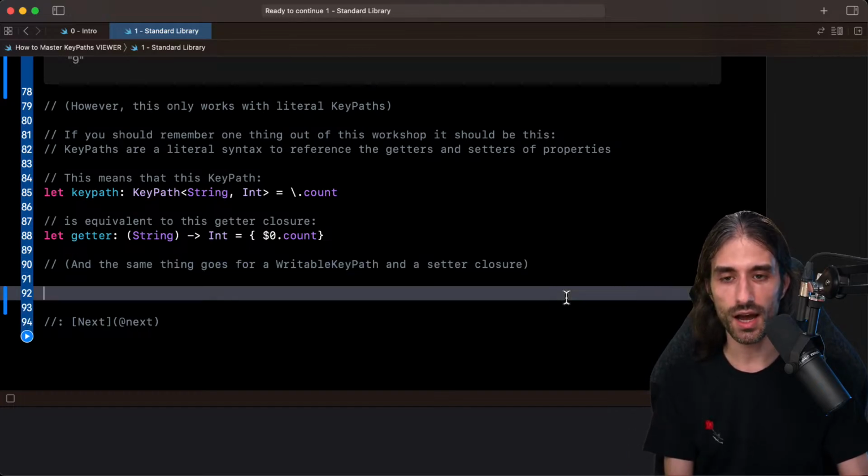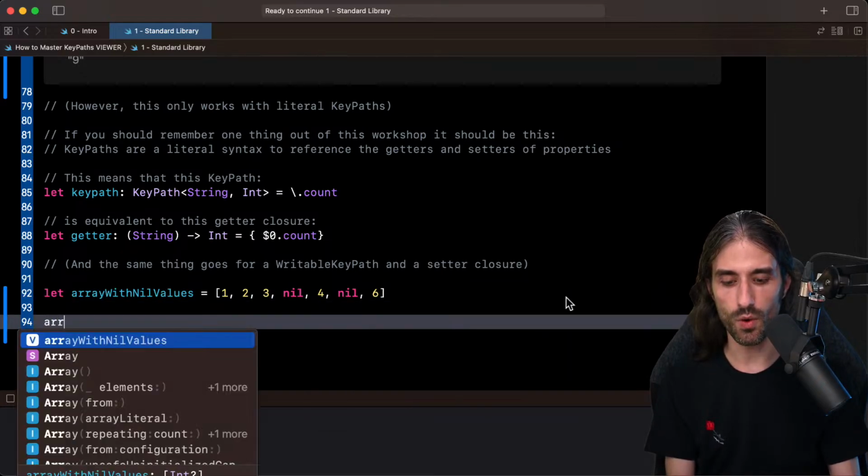It's because I'm sure it has happened quite some times that you've passed a closure that just said $0. For instance, let's say that you have an array with nil values, so something like that. So maybe you have 1, 2, 3, nil, then 4, then nil, and then 6. And you want to remove the nil values. What do you do?